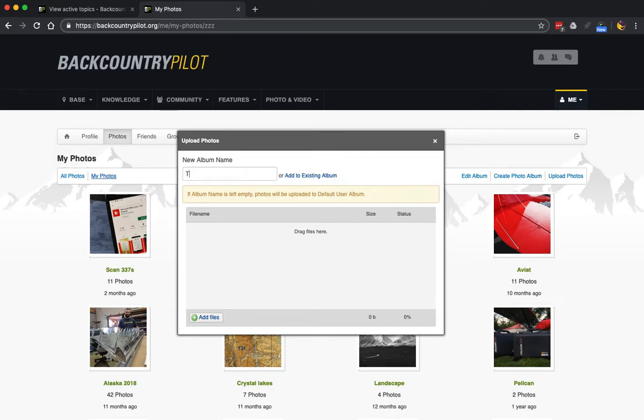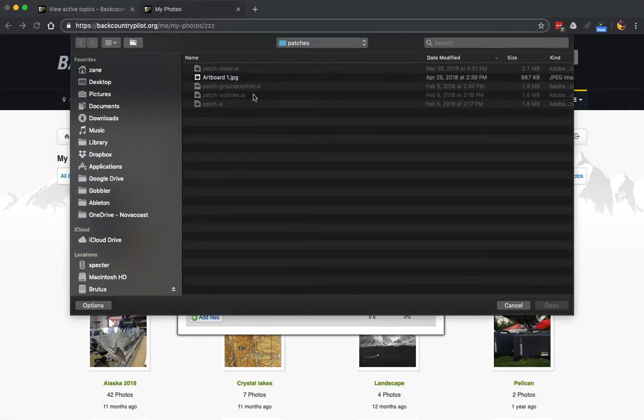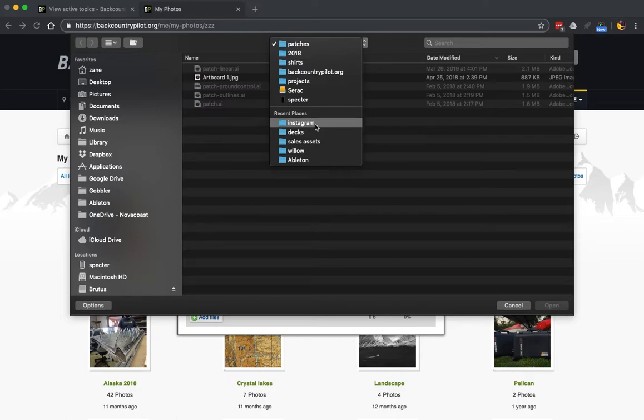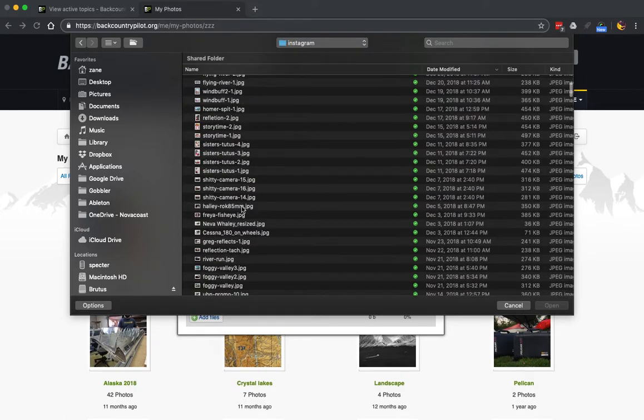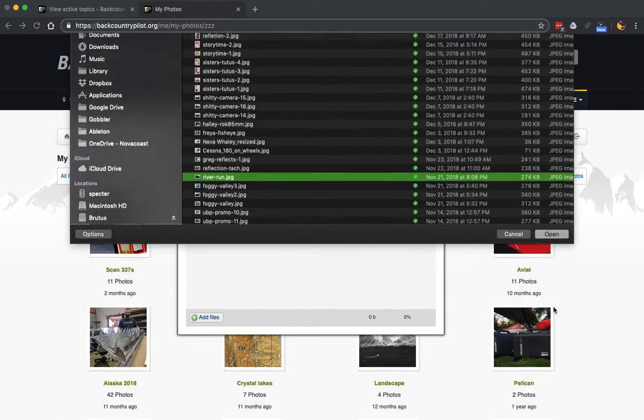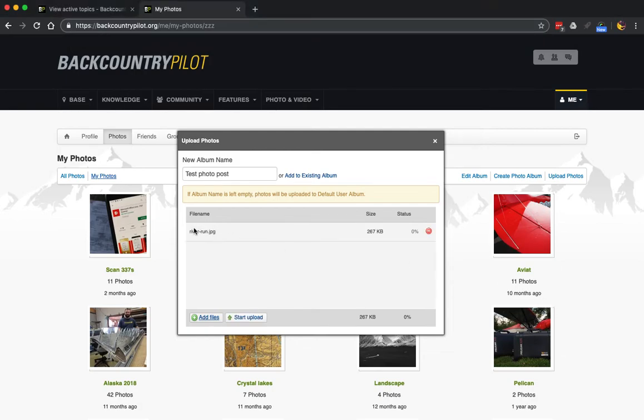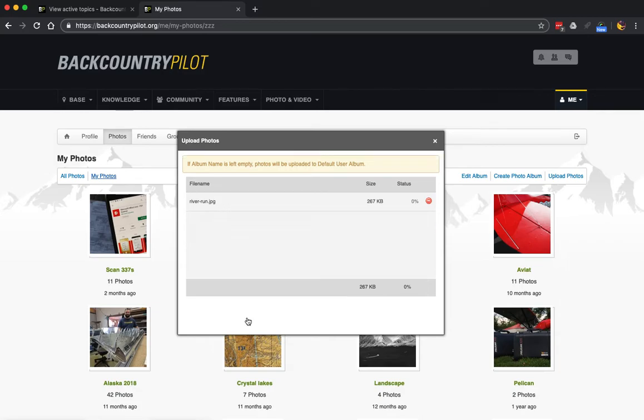Let's create a new album called Test Photo Post, and then we'll choose some files from our computer. Go to this photo and choose one of my favorites, and it places them in this little area right here where it's queuing them for upload. When you've chosen all the files you want to upload, click Start Upload,